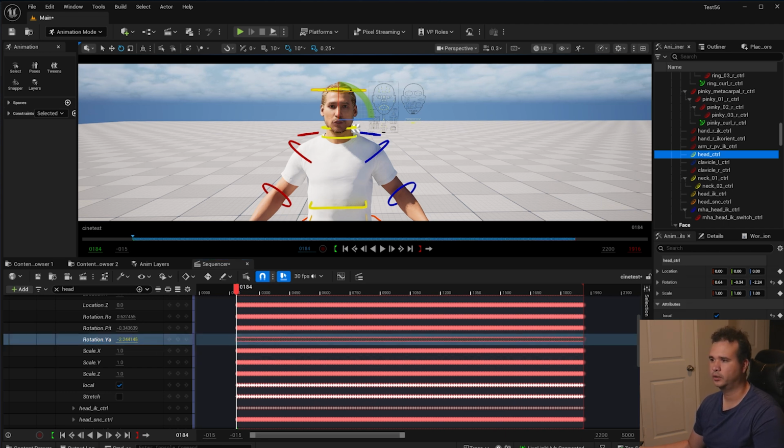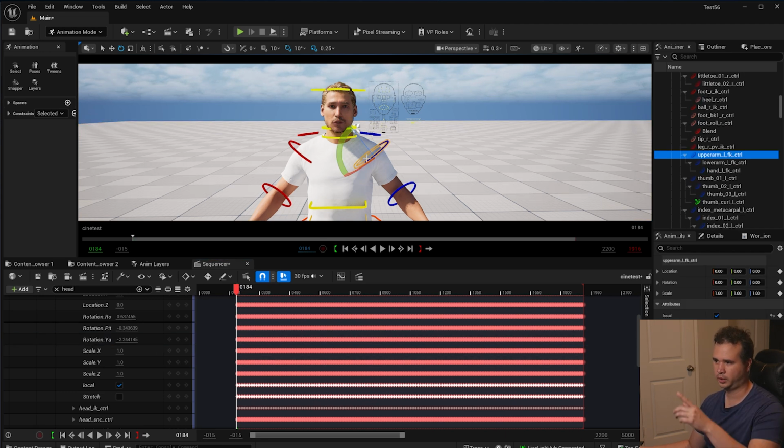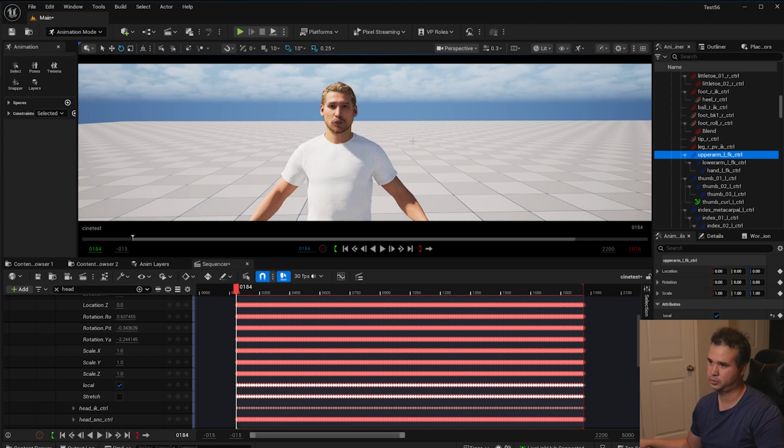If we go here, just click anywhere here on the viewport and hit the letter G. That'll get rid of the controllers because we want to see our character. Now if I play,